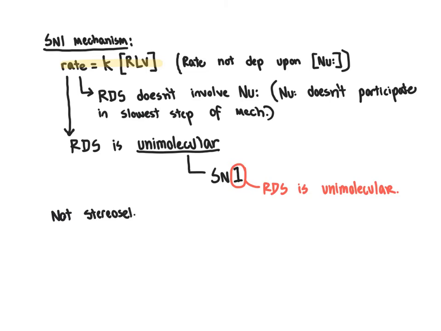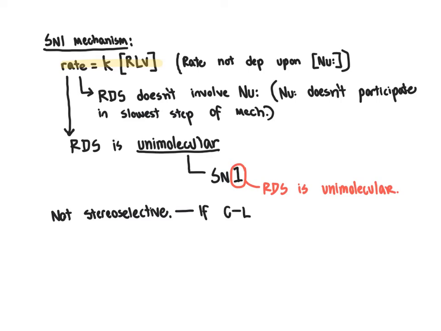So remember that the term stereoselectivity referred to a preference for making certain isomers over other certain isomers. So for example, a preference to invert the stereochemistry from R to S or S to R when we were doing an Sn2 reaction in the earlier segment. Here, since the reaction is not stereoselective, what that means is that if we start with a material that has a chiral carbon at the leaving group, then the product is going to end up being a mixture of both of the configurations at that location. So not stereoselective,